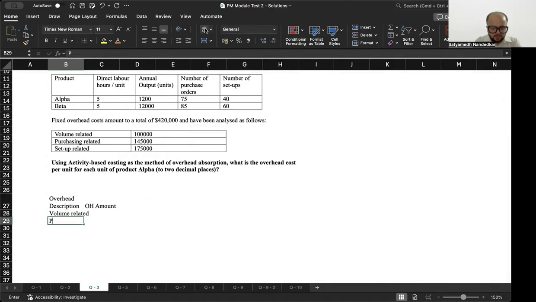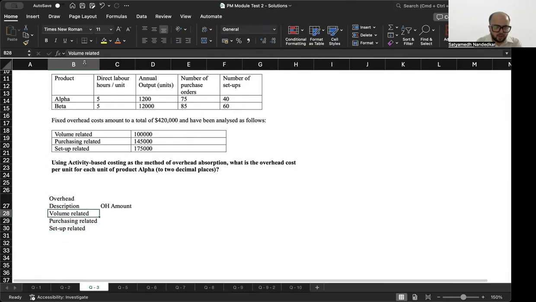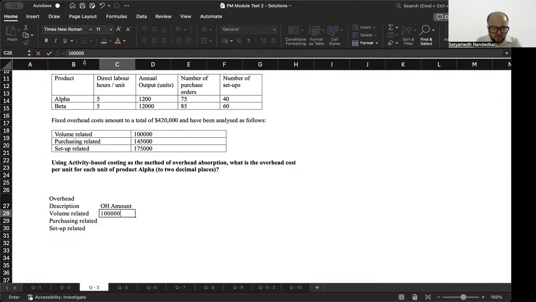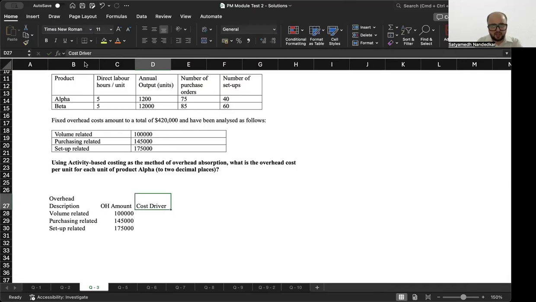Volume related, purchasing related, setup related. Okay. What is the overhead here? It's 1 lakh, 1,45,000 and 1,75,000. Okay. Let's see if we can identify the cost driver because we have to use activity based costing, and